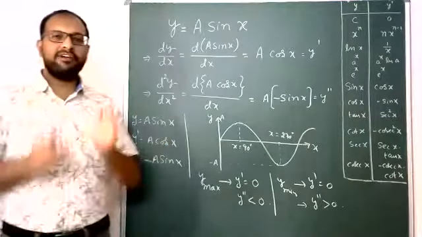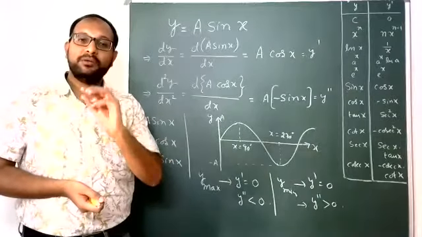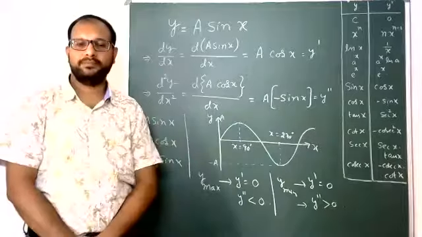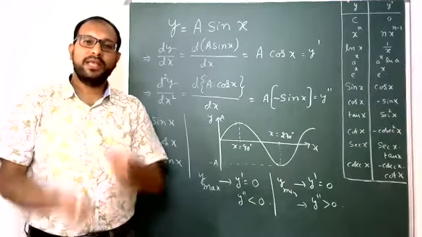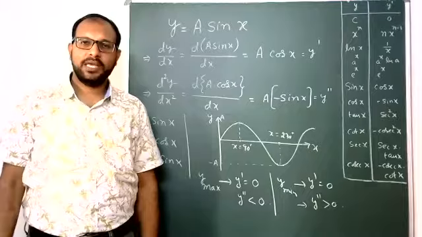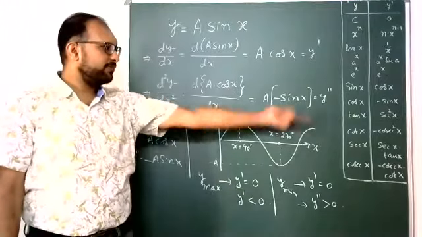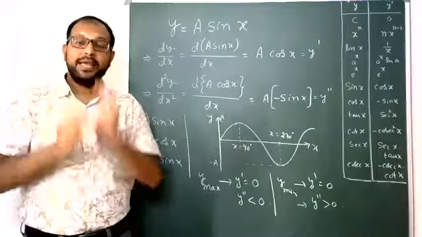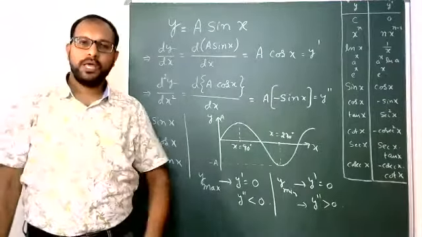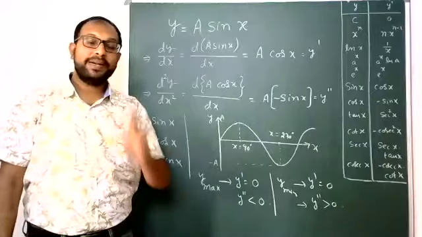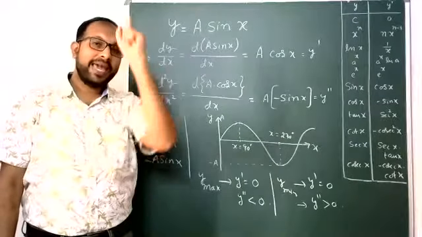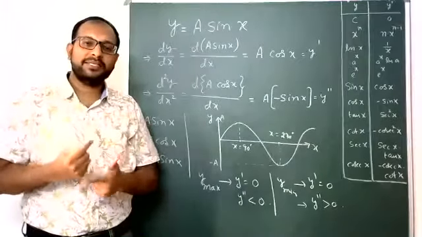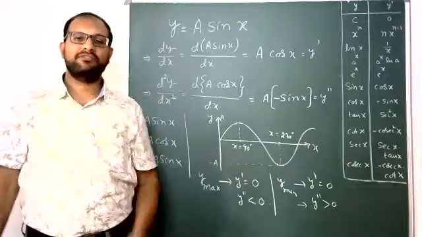Yes, so students, now for any function given, the function may have a maximum or a minimum, sometimes both are possible. How to find out? Very simple. Take the first derivative of the function. Derivative completed. Make that derivative 0. You will get a value of x. But at that value of x, y may have a maximum or may have a minimum. How do you finalize maximum or minimum? That's why the second derivative is required.